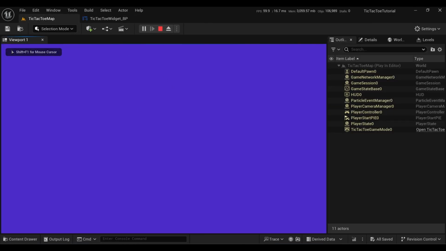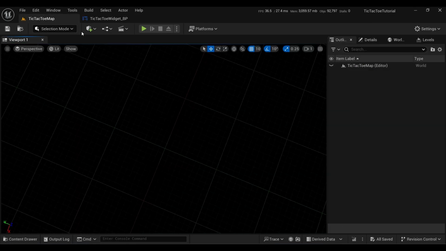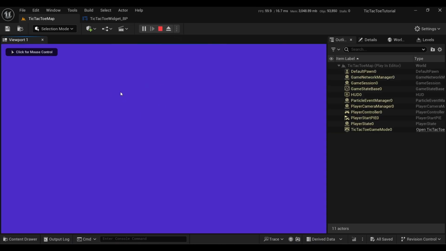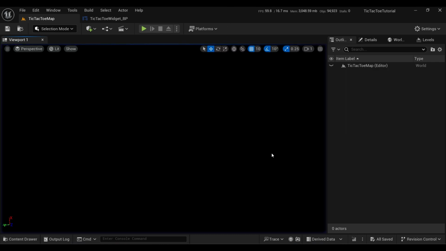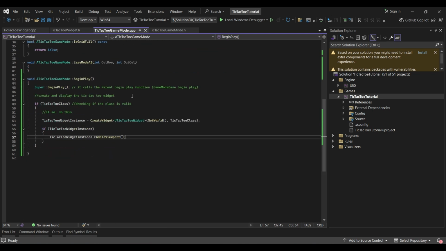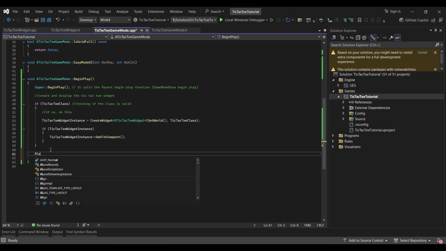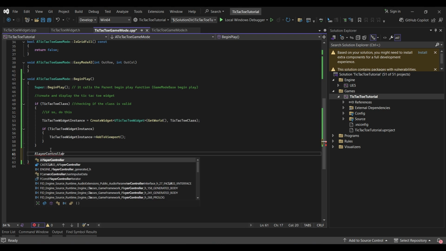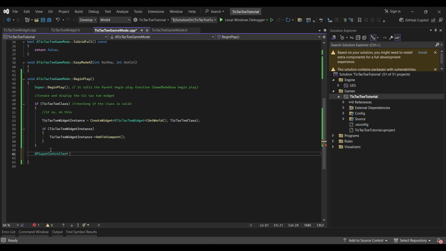Nice. Okay, one more thing is to fix this annoying mouse. Let's always show the mouse because whenever we click here, it will disappear. And we don't want that. So let's fix that real quick. Let's go back to begin play. Under the condition, let's go with a player controller. Let's call it my player